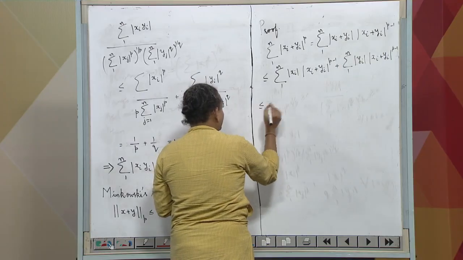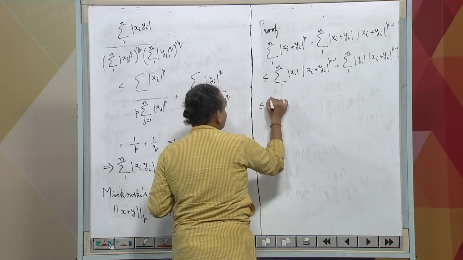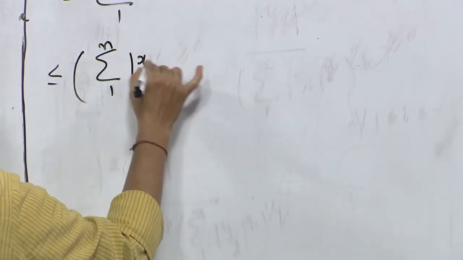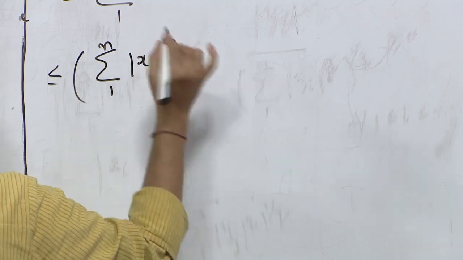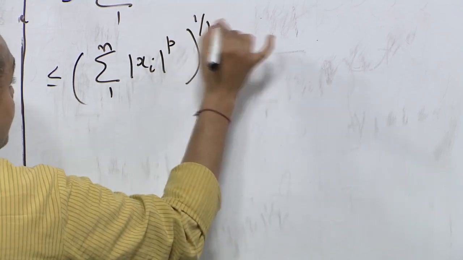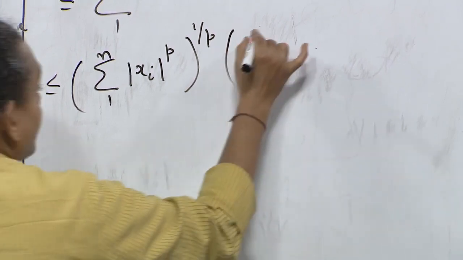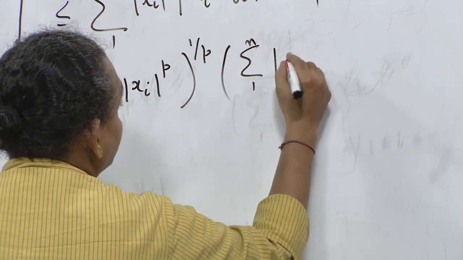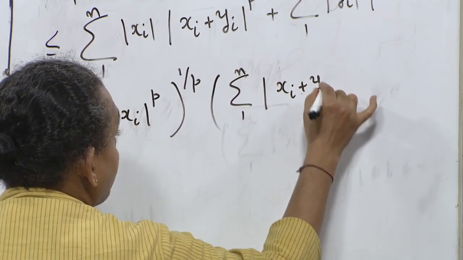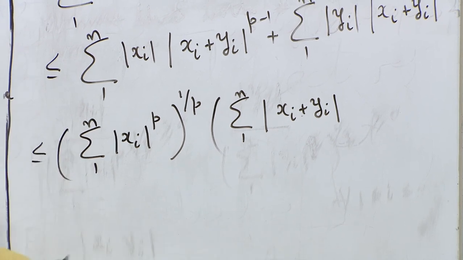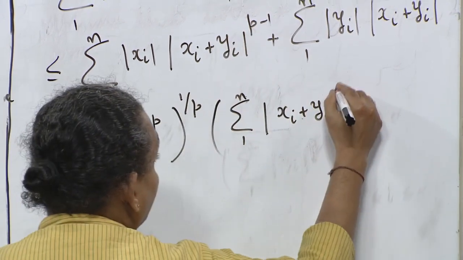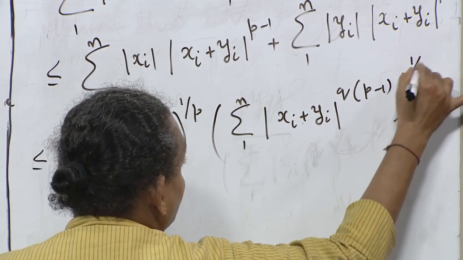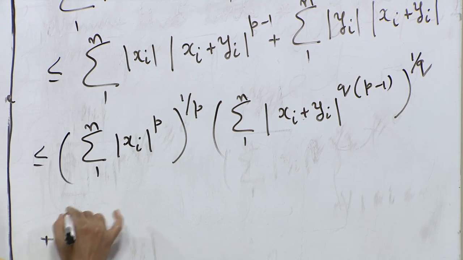So, this is going to be less than or equal to, let me write down the first one, summation 1 to n mod xi raised to the power p, whole raised to the power 1 by p, times summation 1 to n, the other one is xi plus yi raised to the power p minus 1. So, I will have q times p minus 1, whole raised to the power 1 by q plus the next one